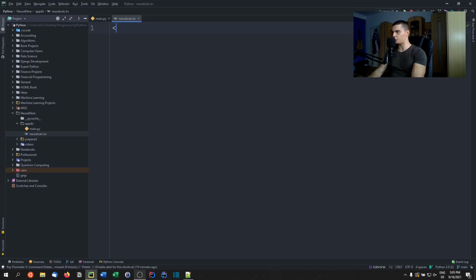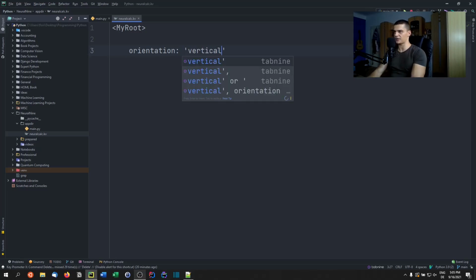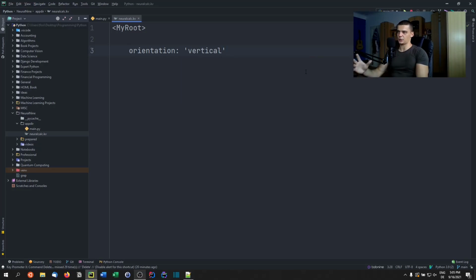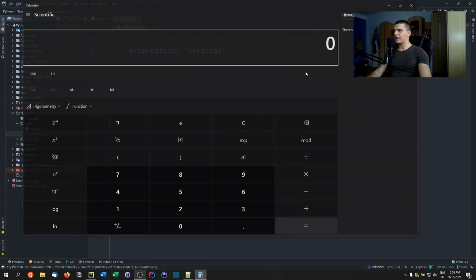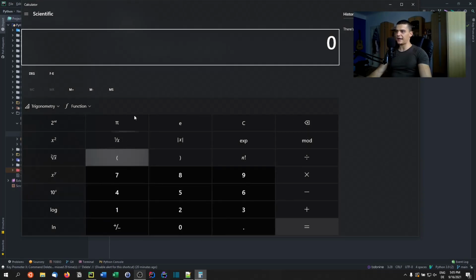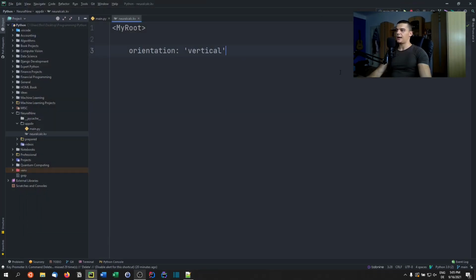We're going to start with the root element, which is MyRoot in angle brackets, and we're going to choose an orientation for that layout. So this layout orientation is going to be vertical, because we want to stack vertically the individual elements, and inside of that box layout we're going to have different layouts. So we're going to have for the individual numbers, so let's look at the Windows calculator. For the individual numbers, we're going to have this grid layout here, like in the Windows calculator. And yeah, for this we need obviously a grid layout,